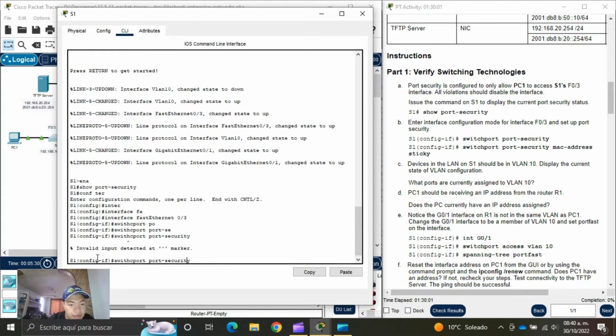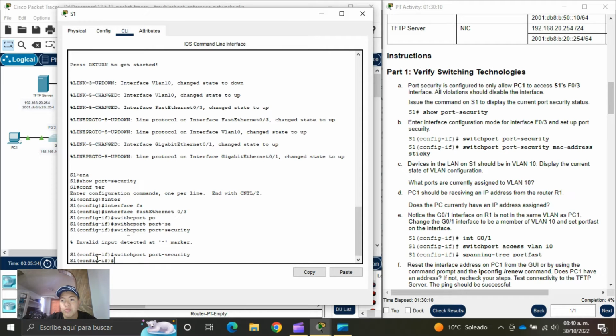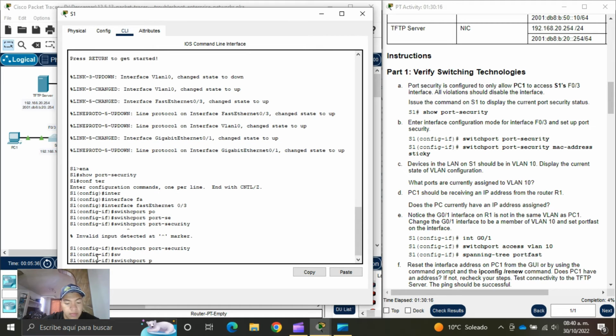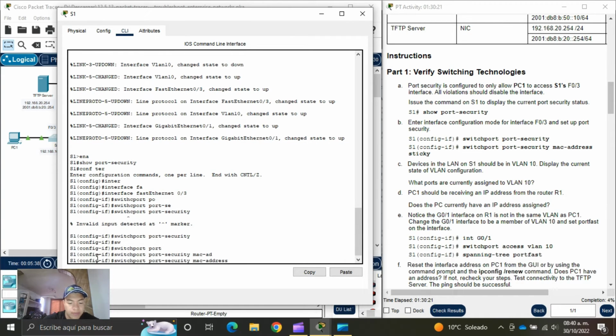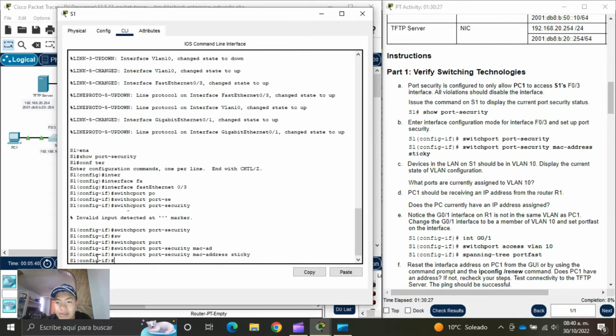Okay, we have an error here. And then issue the command switchport port-security mac-address sticky. Okay, so that was all for this part. We enabled the switch port security to allow PC1 in S1 to access these switches by the FastEthernet